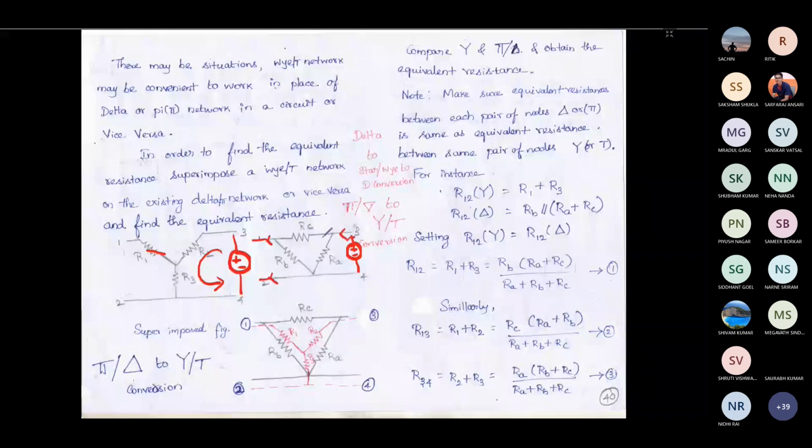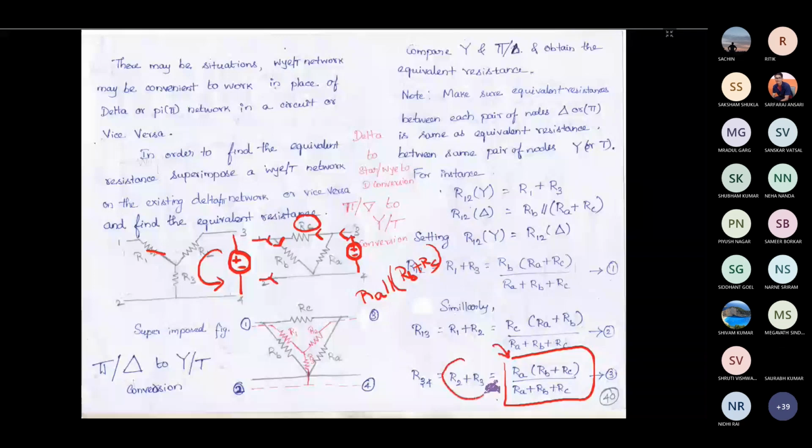let's say the current is entering this RC, then the same current is flowing through RB also. So RC and RB are in series. The series combination is in parallel with RA. So that's what we have found. RA is parallel to the combination of RB plus RC. So this is a parallel combination. If you find the equivalent resistance of it, you will get this for the delta connection, and